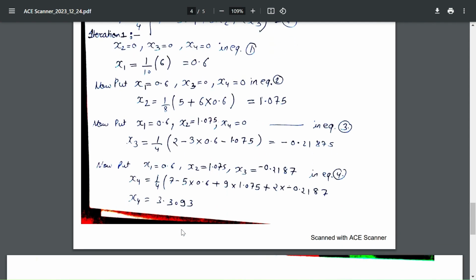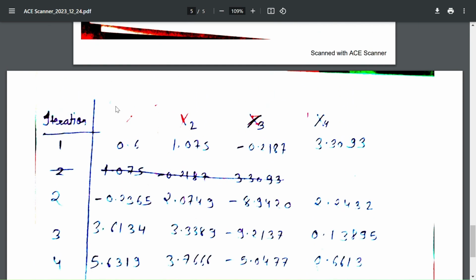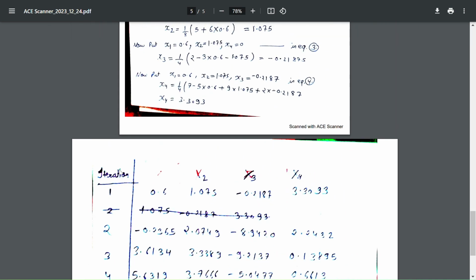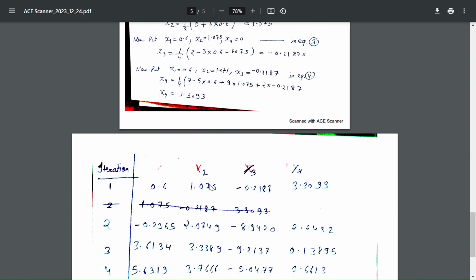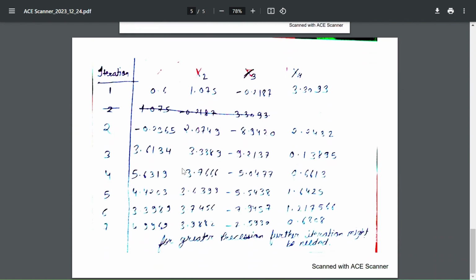Now for second iteration, we have created a table which consists of 5 columns. First one is iteration, second one is x1, and here x2, x3 and x4. So in first step we get x1 value 0.6 and x2 value 1.075, x3 value we get minus 0.2187 and x4 value 3.3093. In second step on calculating, we get x1 value minus 0.2365, x2 value 2.0749 and x3 value minus